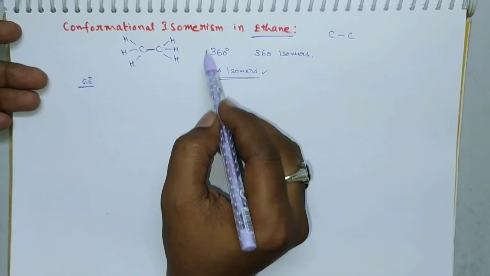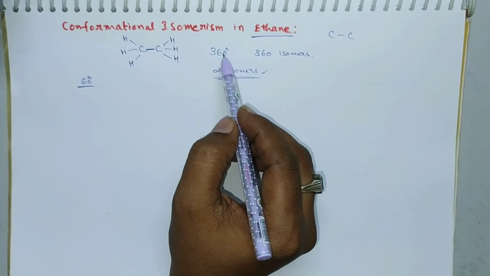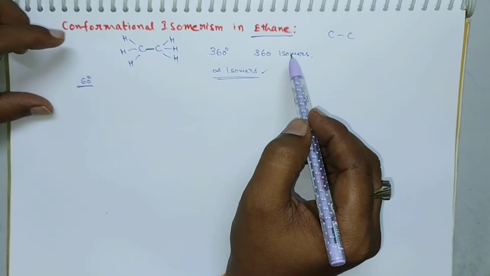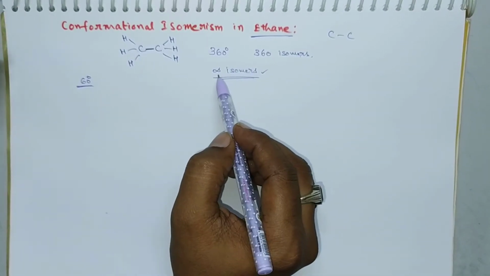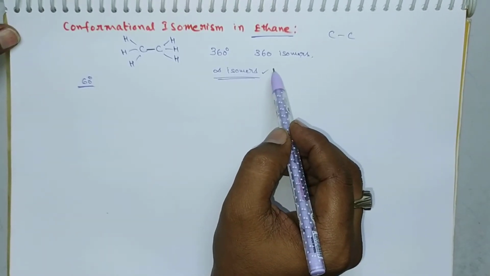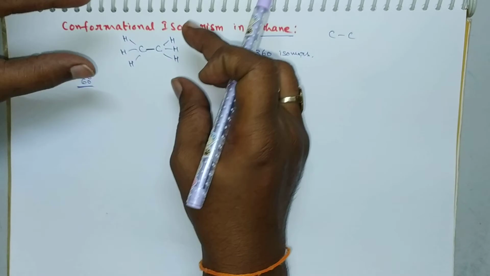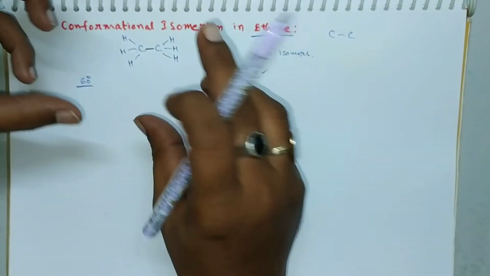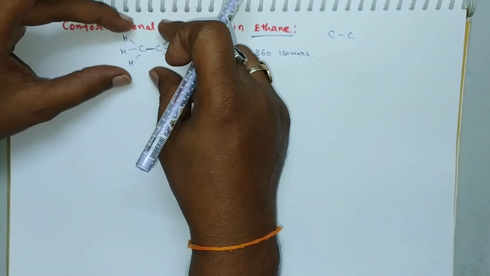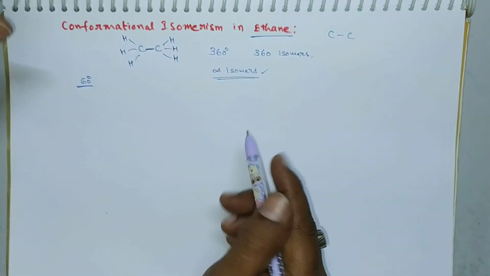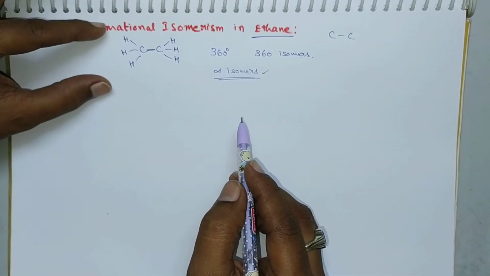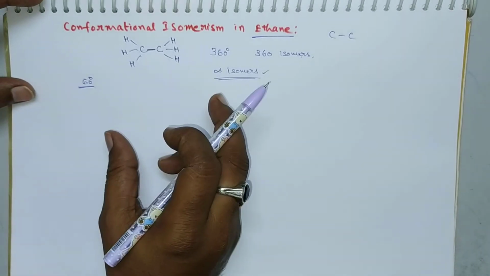Over the rotation of each degree, we get one isomer. That is, for the rotation of 360 degrees, we get 360 isomers. If you rotate the molecule by a fraction of a degree, we get one isomer. That's why we get an infinite number of isomers. To observe the rotated molecules, that is each isomer, and to understand the rotation, this cannot be easily understood, so let us consider the Newman projection formula. The scientist Newman gave a projection formula to understand the rotation of a molecule.